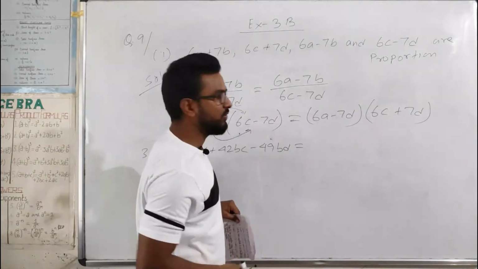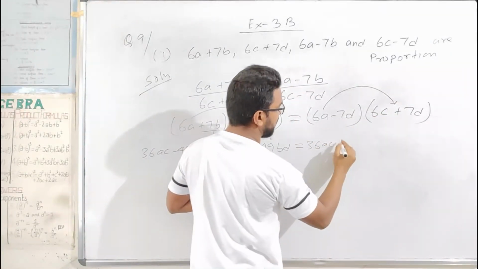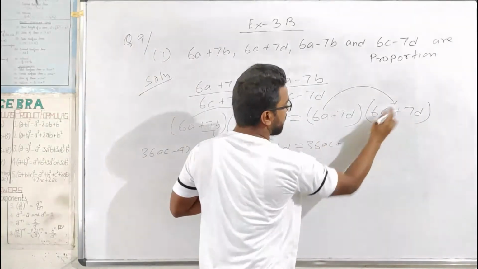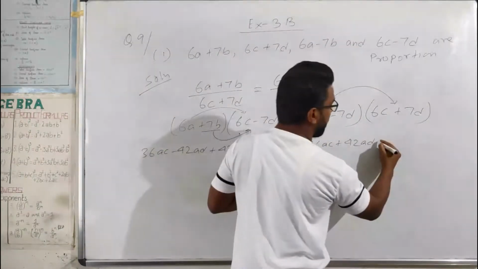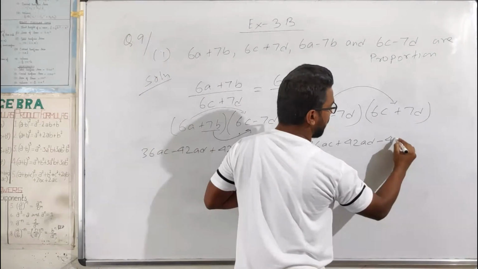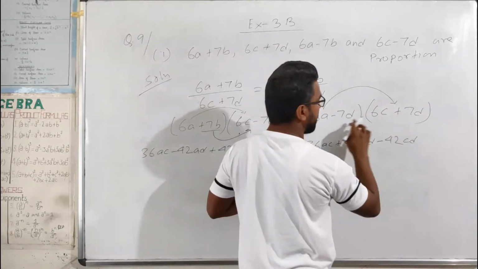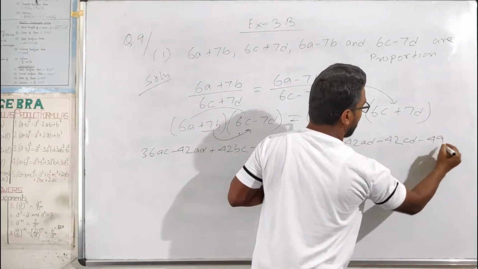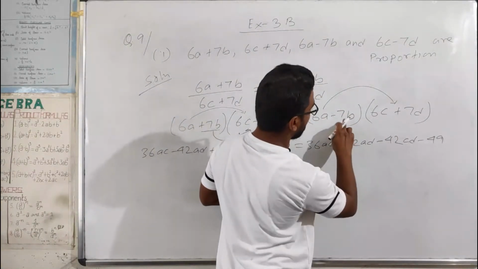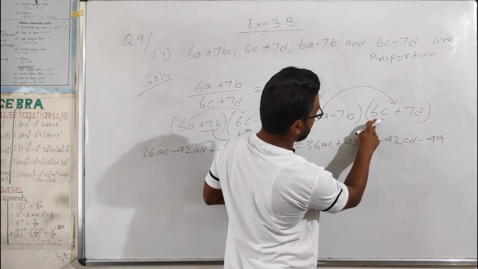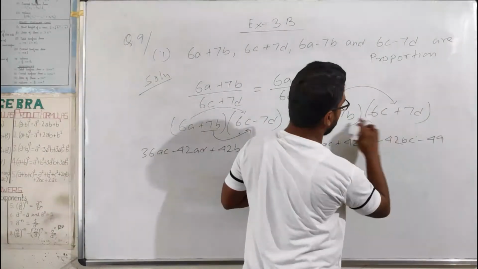Similarly we will multiply that one also. If you multiply this one with this, 6 6s are 36, A into C, AC. Plus sign is here, 6 7s are 42, A into D, AD. What sign is here? Minus sign. So we will put minus. 7 6s are 42, D into C, you can write CD. Minus plus, it will be minus. 7 7s are 49, B into D. Sorry, this is B. So 7 6s are 42, this will be BC. And 7 7s are 49, B into D, BD.